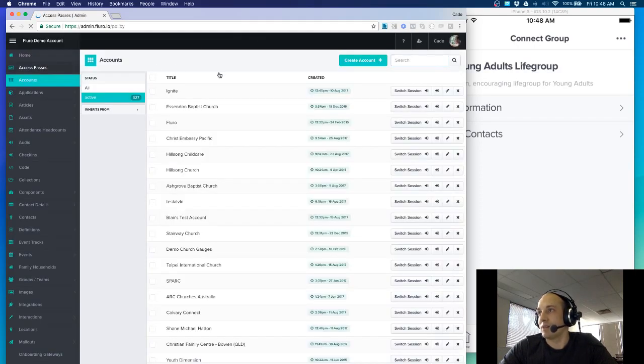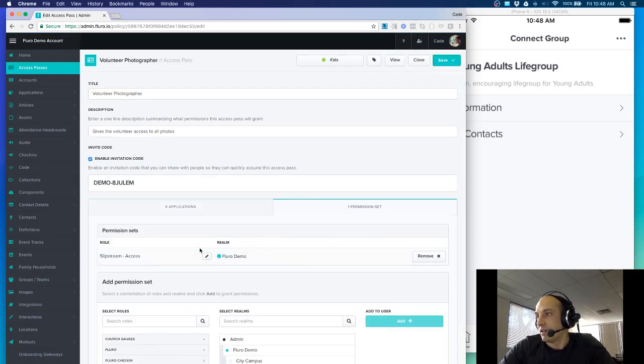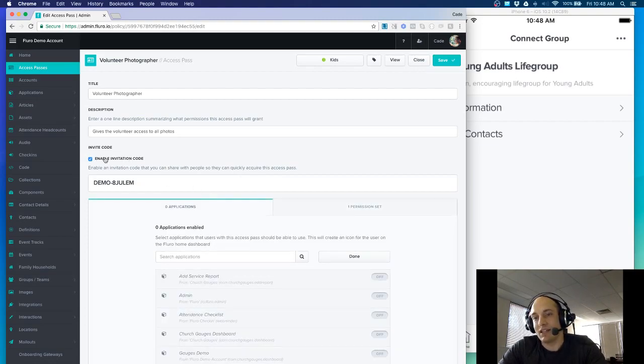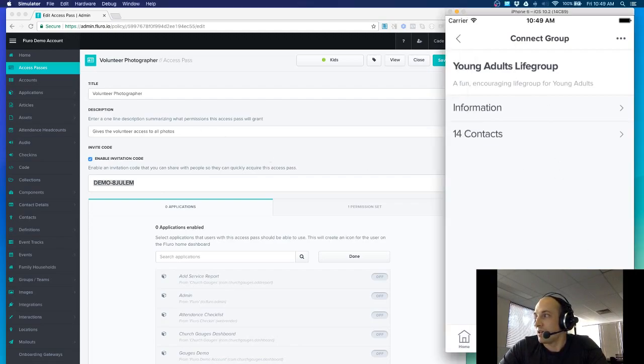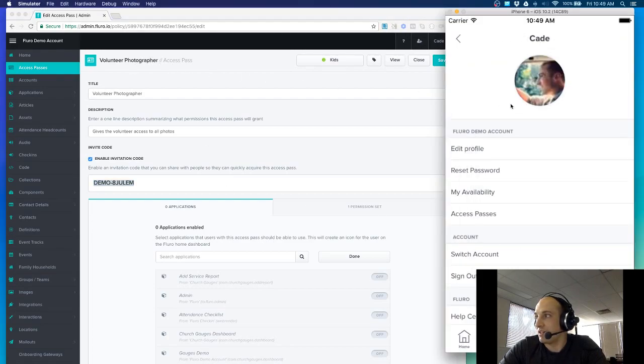If we go to Access Passes and we go to our photographer volunteer Access Pass that I created just before, I've given them access to photos. And you can see here I've clicked Enable Invitation Code. What that's done is given me a code that I can give to my volunteers. I can either show that on a projector screen, or I can SMS it or email it to people. And basically, if I want anyone to have the ability to be a photographer,